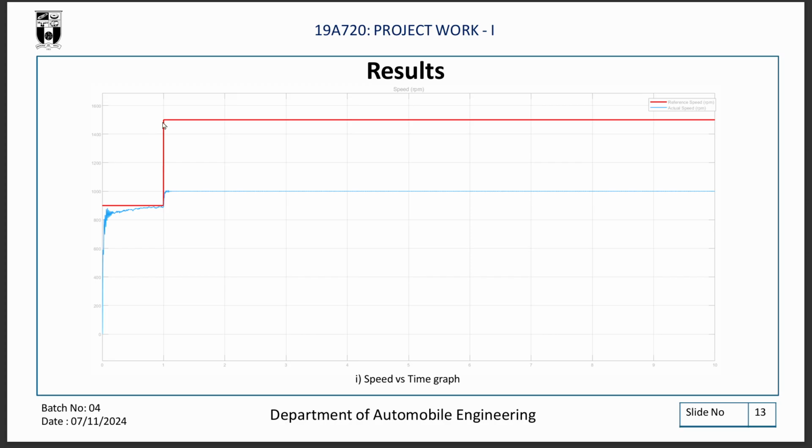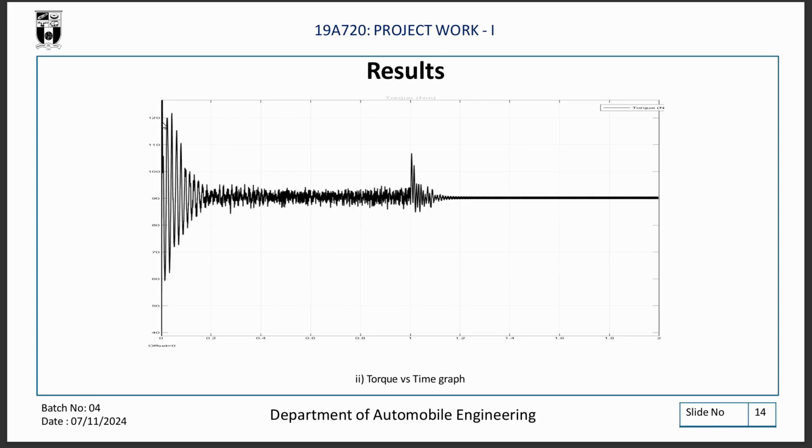The speed drop is because motors usually operate within a certain power range, and the power is usually a product of speed and torque along with some coefficients. So when there is a need to maintain or increase the torque, obviously we'll have a reduced speed. The torque versus time graph shows us that the torque ripple reduces after 1 second,